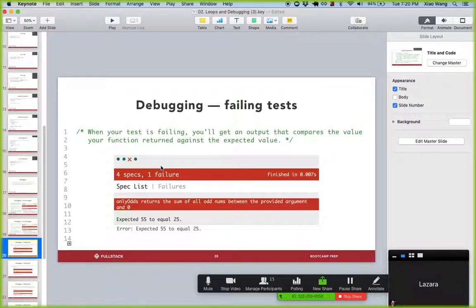So a test could fail for two reasons. One is you wrote bad JavaScript and it doesn't run, right? Something isn't running, and so therefore you're failing the test. The other way that something could fail is if the code ran fine, but just didn't give me the right answer. Like I could write an essay and not use English, and my professor would say, well, that's a failing test because I can't read it, it doesn't compute, right? And that's one type of failure. The other one could be I write a beautiful essay that's very well written, but I give the wrong answer,